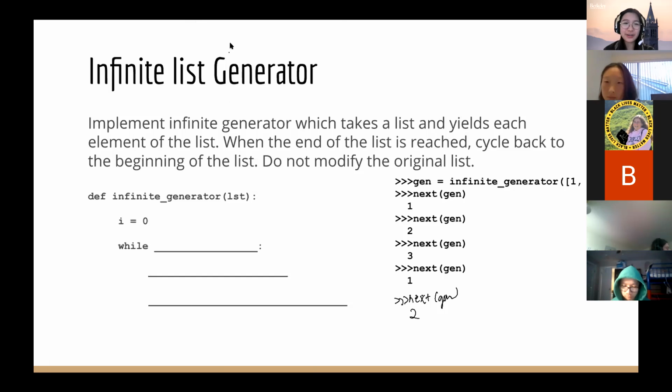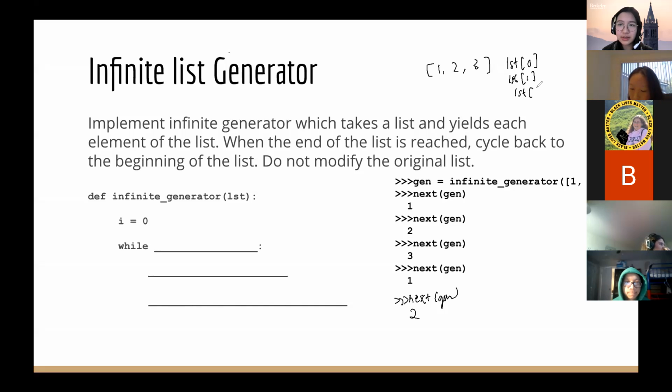So for this question, I like to just try to draw out what my game plan is. Feel free to keep working for a little bit. But we have a list. Let's work with this doctest: 1, 2, 3. If we think about what we want to yield exactly, the first thing is 1, which is list indexed at 0, then list indexed at 1, list indexed at 2, and then back to